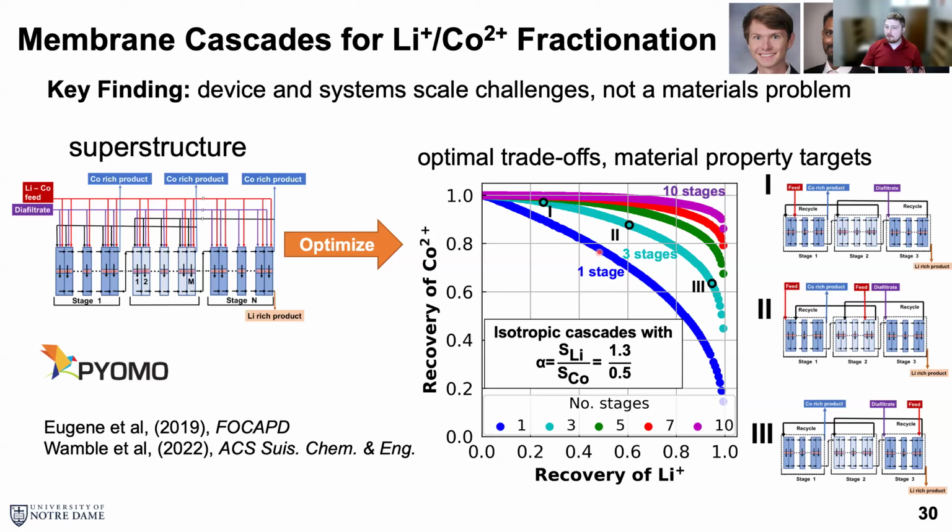The other great thing about this analysis is we repeated it for multiple stages. So shown here is 1, 3, up to 10 stages. And as you can see, adding more and more stages shifts the Pareto curve and allows you to have a better performing system. And this is really important because in the membrane community, it's really common for people to analyze